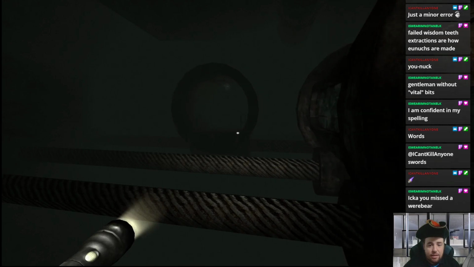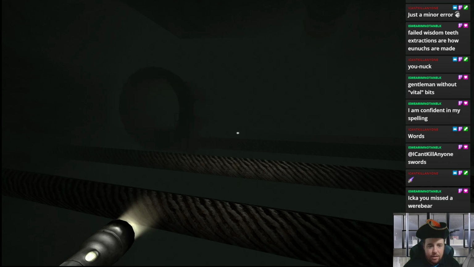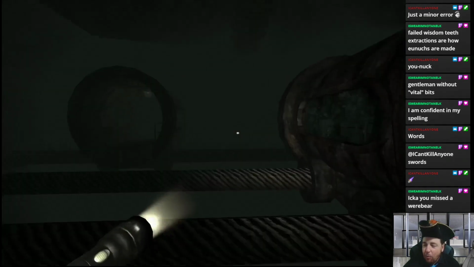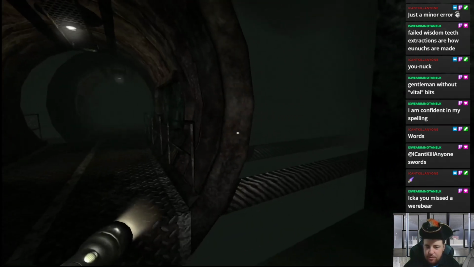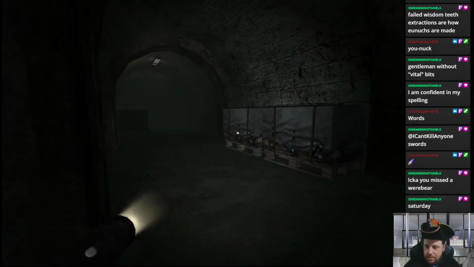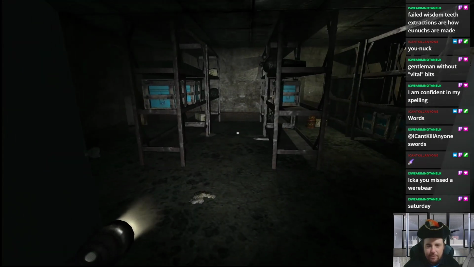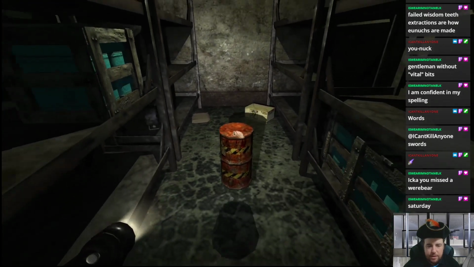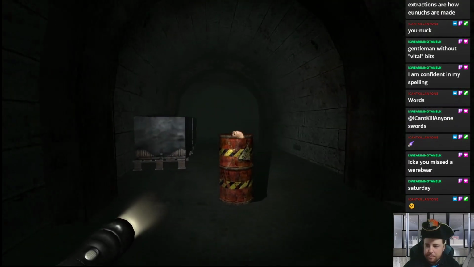Are you kidding? Why would you design it this way? Why is this designed this way? What is this for? You missed a werebear. What? Where's the werebear? How now, brown cow? Where the werebear? Saturday. Oh yeah, the vamp bear. Yeah. All right, I'm guessing I have to just be very careful with the nitroglycerin. I have no idea how this is meant to work, but